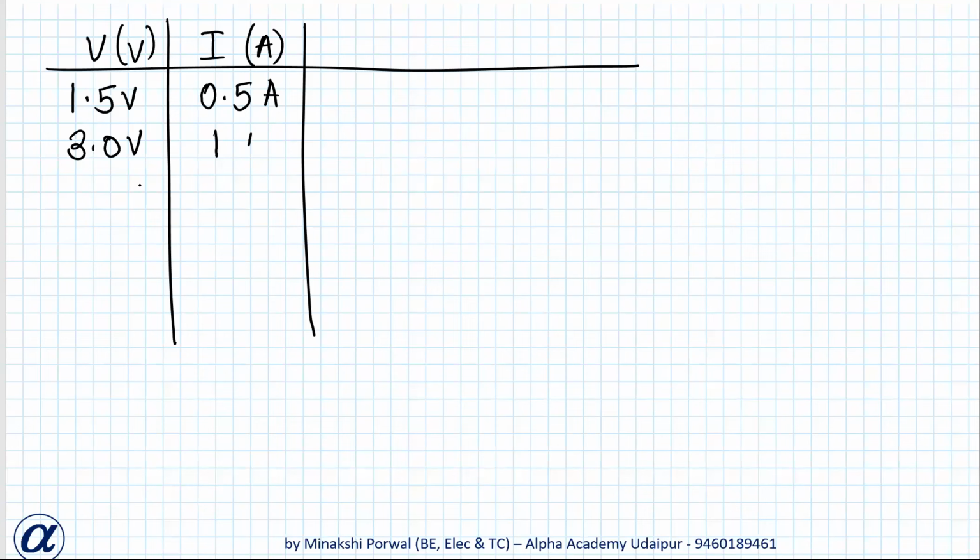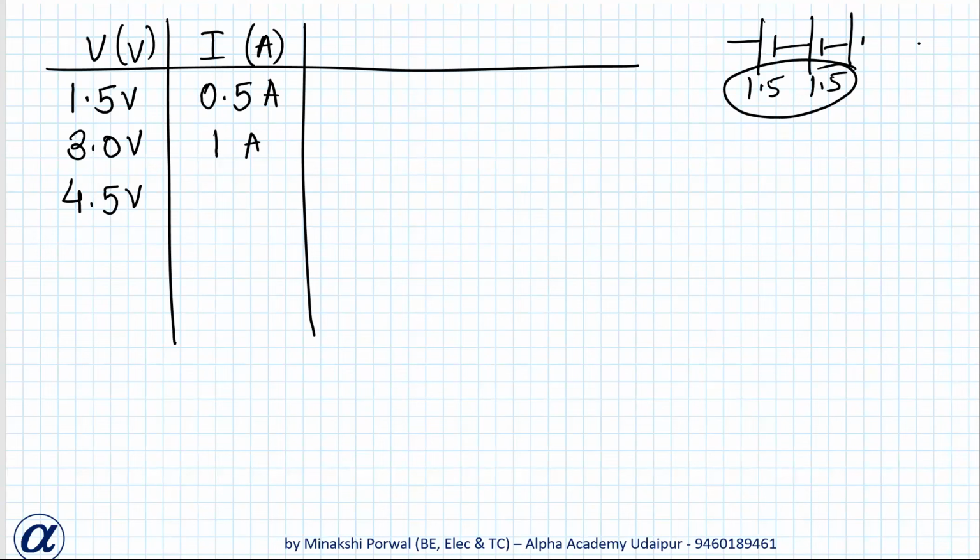Next 4.5 volt, क्योंकि एक बैटरी कनेक्ट की है 1.5 वोल्ट की है, एक और बैटरी कनेक्ट की ये 1.5 की है, तो 1.5 plus 1.5 3, एक और बैटरी कनेक्ट की तो this will be again of 1.5, so this will be 4.5. Suppose current in this case is 1.5. Next one more battery is connected and current is 2 amperes. Now we'll find V by I in all the cases.